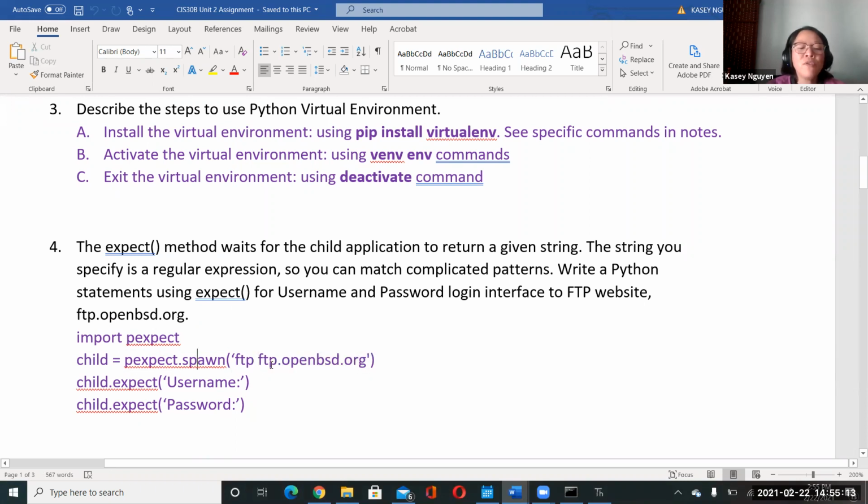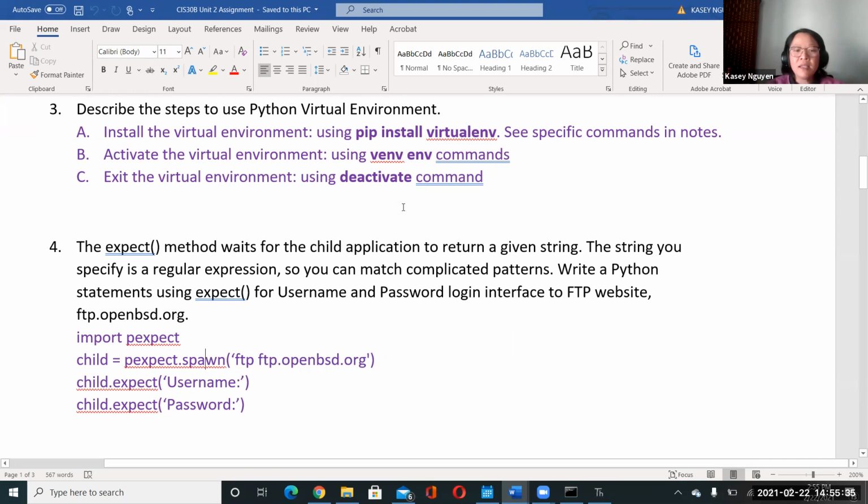If you have another protocol like SSH or SCP, you would specify it, and then you would specify the domain. That will be included in the string for the parameter of spawn.